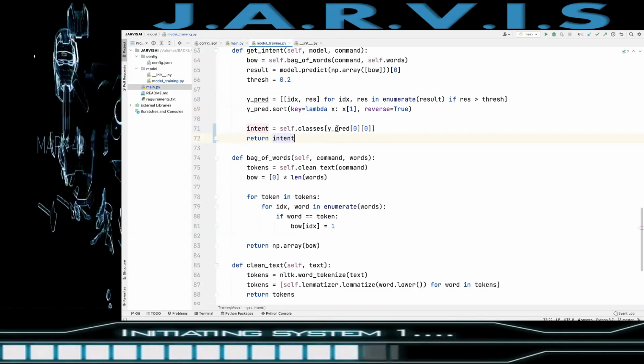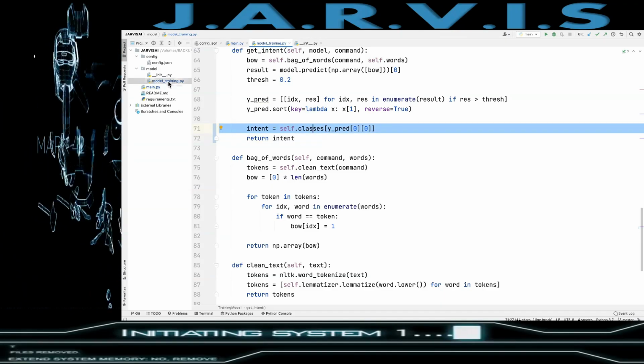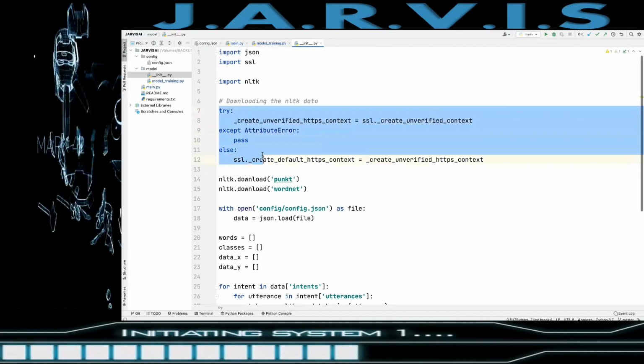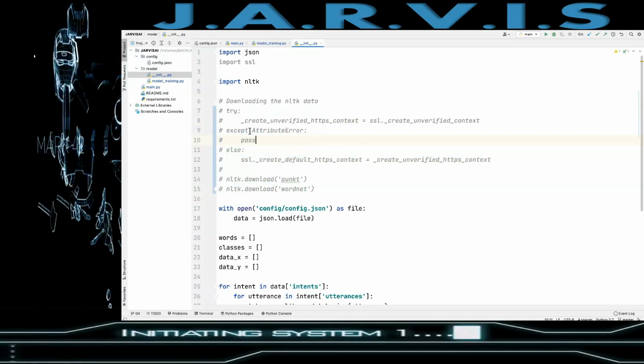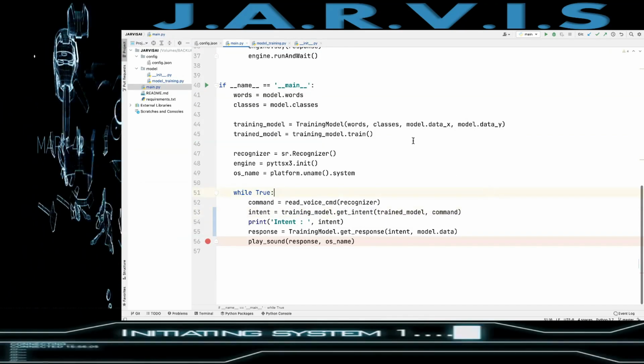Now the thing which I need to update in the model, in the init, I am just going to comment this instead of downloading all the times because it's already done. And in the config, we don't need to change anything. Yes, it's fine. Okay, so if I run this,